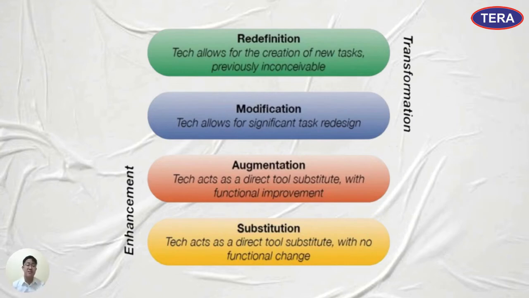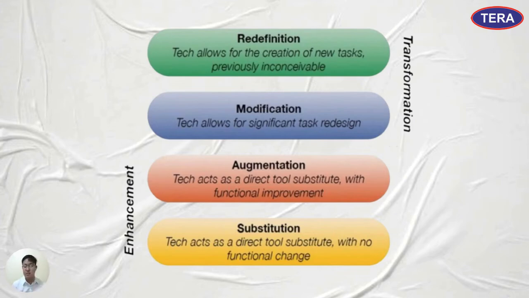Now, for modification, technology allows for significant task redesign. Remember, as I've mentioned earlier, the SAMR model is a planning tool that helps to design better learning activities for students. After careful assessment at the substitution and augmentation levels, if you can see that there's a need for improvement or redesigning, there's a need for modification. And for the last stage, redefinition, technology allows for the creation of new tasks, previously inconceivable. Redefinition and modification fall under the transformational stage, wherein the learners are expected to